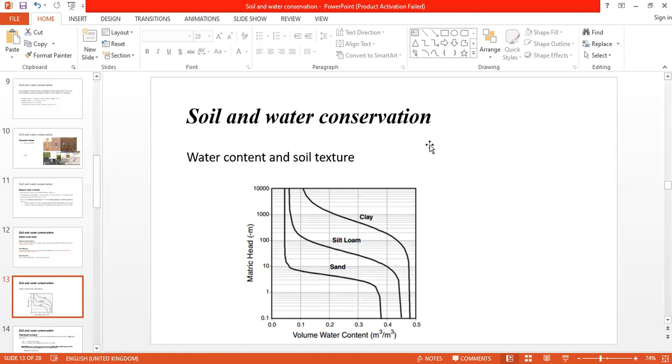So okay, we're talking about volume. For these two parameters, the field capacity and the working point, you can use what we call a moisture characteristic curve to determine the volumetric moisture content at different matrix potentials. But what we realize is that for different soil textures, the amount of water held at a given matrix potential will